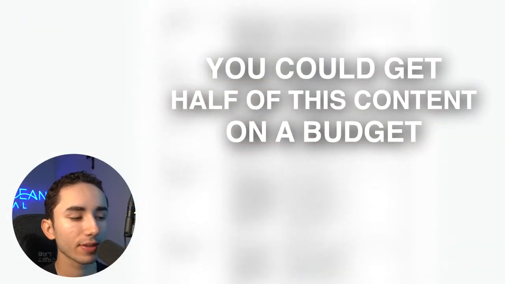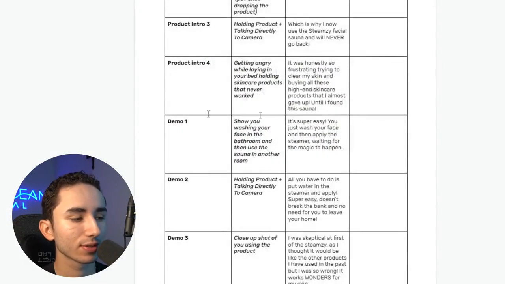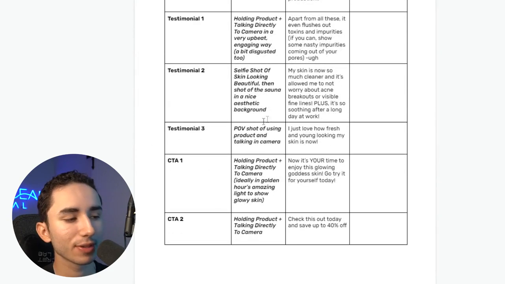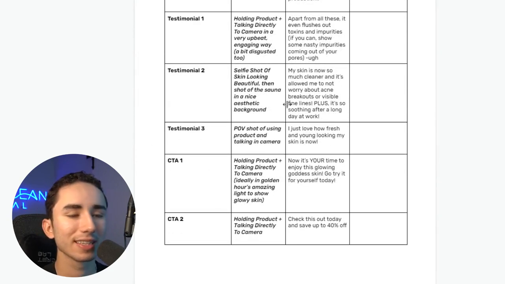So you might do 2 different hooks, 2 different problems, 2 different intros, 2 different demos, USPs, testimonials, and that might add up to around 14, 15 lines, but you'll definitely get a much more effective deal. And that's really all the content you need to test a product. So again, when you're writing these lines, we have different frameworks down below,